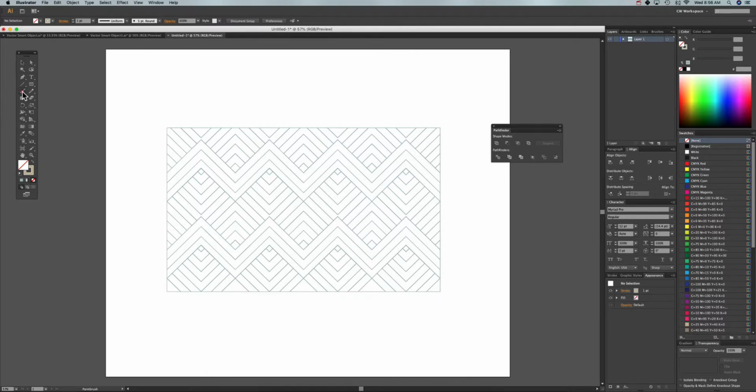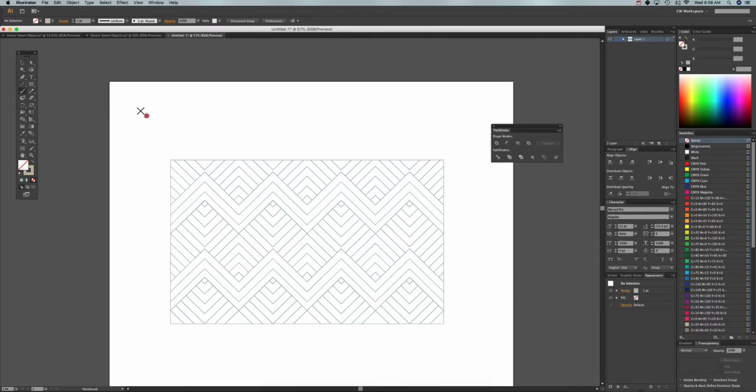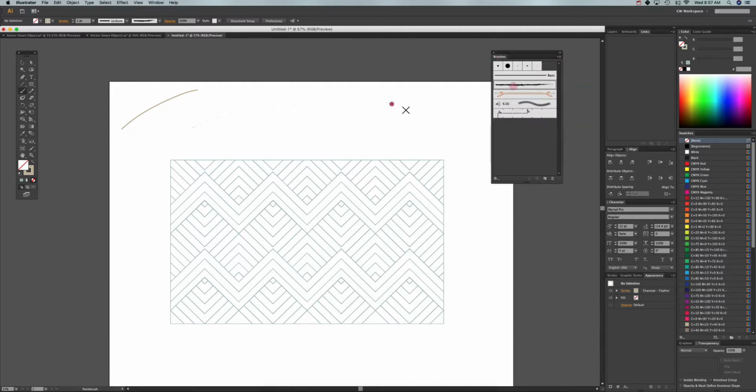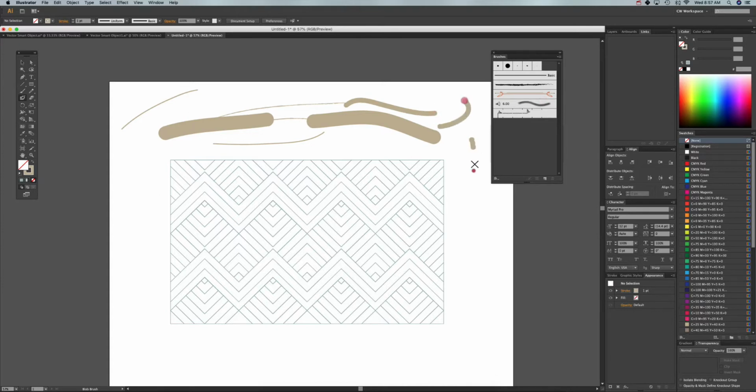So that's 2 ways. So basically the 3 ways is to use the Paintbrush tool, which you can go to different brushes up in this palette right here and get different effects that way. And then with the Blob Brush tool, I don't think you can change the different patterns on it, okay, that's how you change it. Yeah, it's just going to be this one. You can't really change the different patterns on it, whereas if you're using this one, you can use brushes for